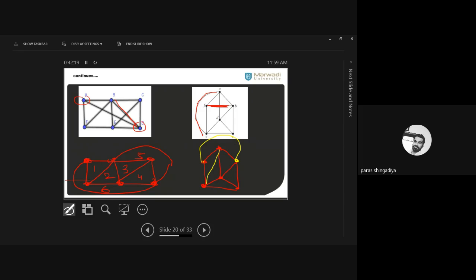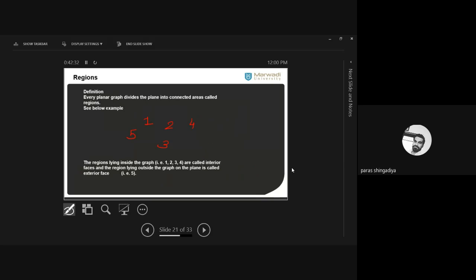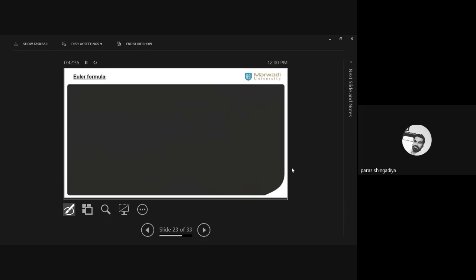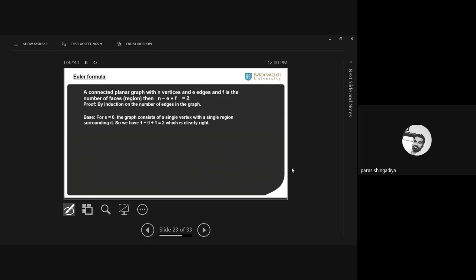First convert to the planar form and then assign the regions. Okay? So it is 1, 2, 3, 4, 5, 6, and it also has 7 regions. Okay? 1 is for common. Clear? So this way we can check the regions for a planar graph. Clear? And then after we have one result that, okay, to apply this result,